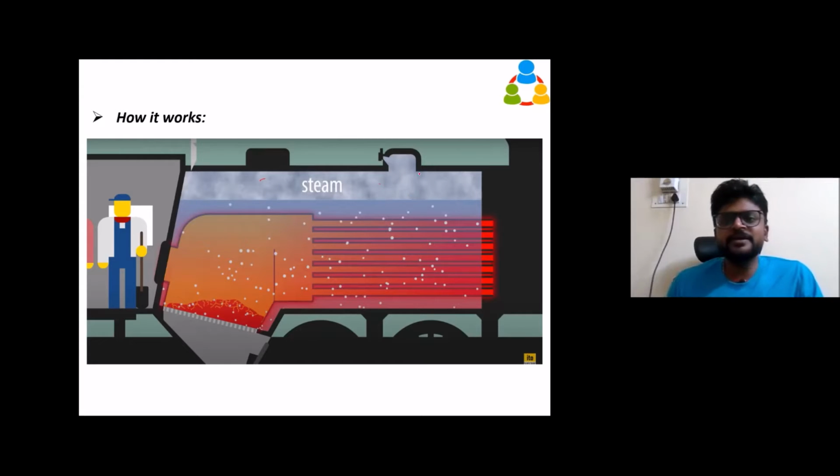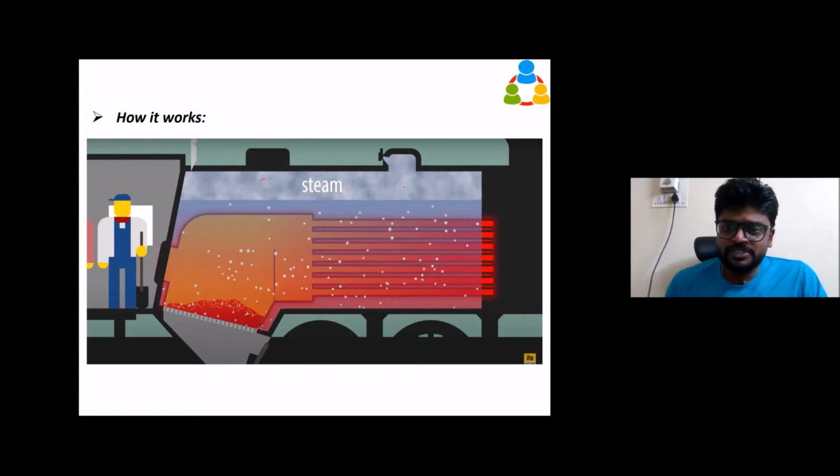Everywhere steam is there, and the steam gets collected in the steam dome, not the sand dome. The purpose of the sand dome, I'll tell you. Why is the steam dome there? Because if you want to collect the steam, you can't collect it from here, because our main purpose is to collect the high pressure steam. With the high pressure steam, we're going to get the work output. That design we will see, but here we have to collect the high pressure steam.